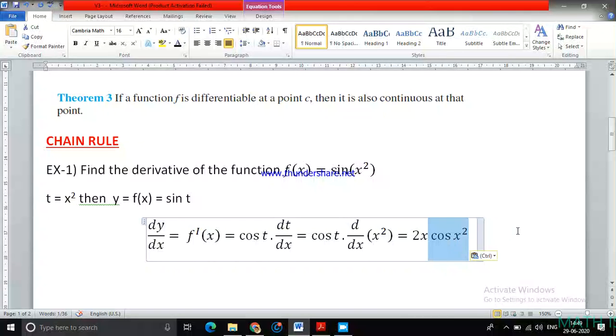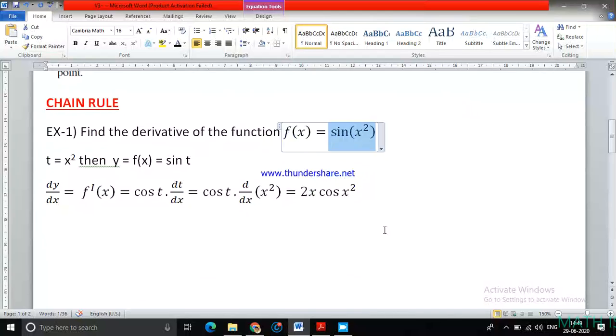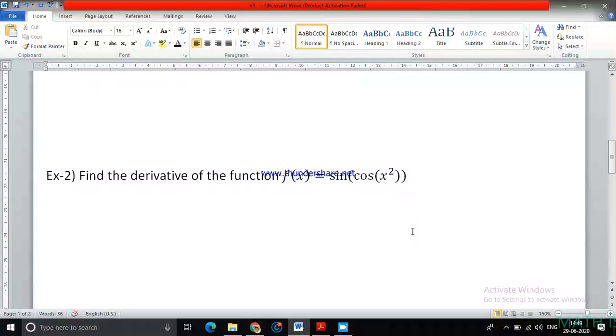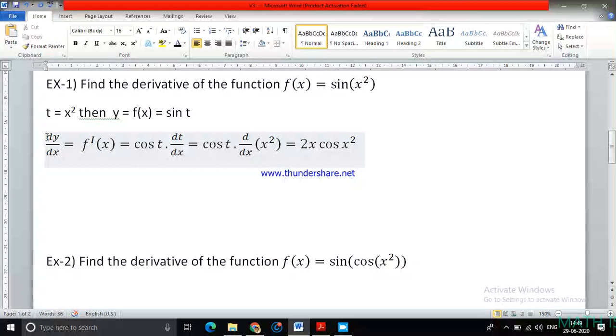Okay. So in every question you need not write all these steps. Just for the derivative of sin x square, in your mind you calculate this as some t. So the derivative of sin is cos t into the derivative of x square, that is 2x. Now if I take this one, how do I differentiate? So here maybe you can write all these steps,